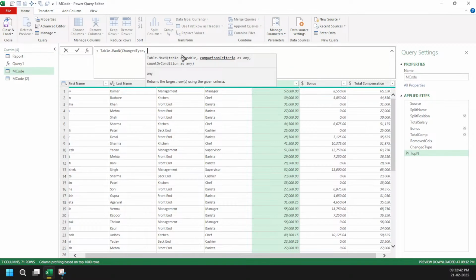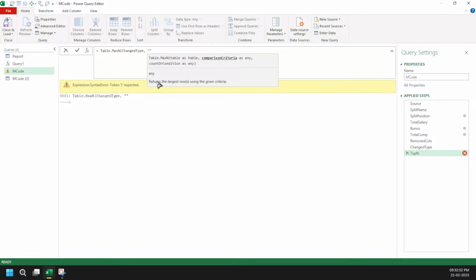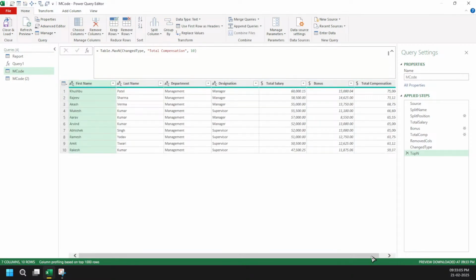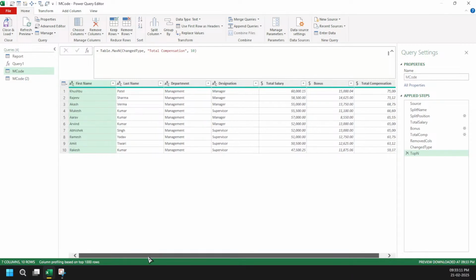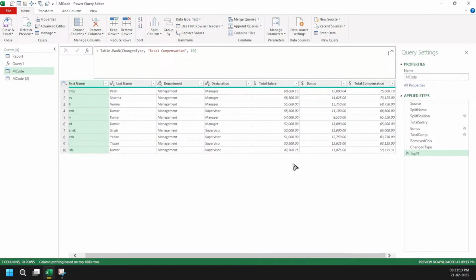And here simply it is asking which is my criteria. So my criteria is this portion, total compensation, right? So I want to compare this value. So I'm coming here, total compensation, and finally how many values I want first, 10, right? And it automatically sorted the values, and you can see I've got the way I wanted. Got it? So here, this is a simple approach we could have done with the UI as well.